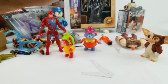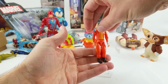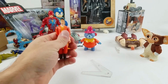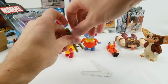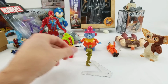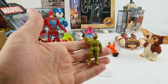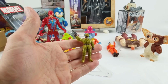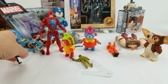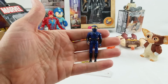Also from Robert, we've got Murdoch from the old 3 3/4 inch G.I. Joe style A-Team figures, and the Guts Trooper. It's almost time for us to do a Guts video. I think we have Guts on our list. Definitely haven't hit that yet. But I got a whole bucket of these things now. Some carded, too. And we've got the Eagle Force, Mego Eagle Force Savitar the Ninja, which is...